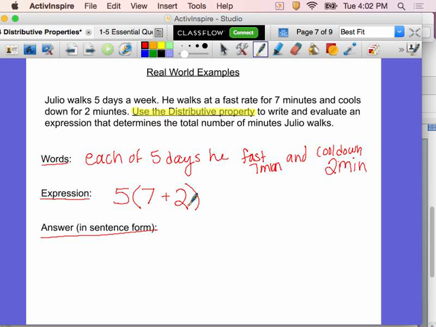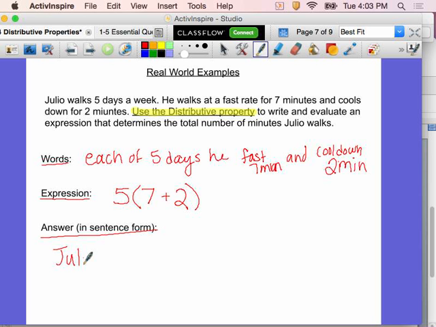There doesn't always have to be a variable in it. I can do distributive property or order of operations to solve this. And it doesn't matter to me how you solve it as long as you've practiced writing the expression using distributive property. And so the answer, of course, is 5 times 9, which is 45. So my answer is